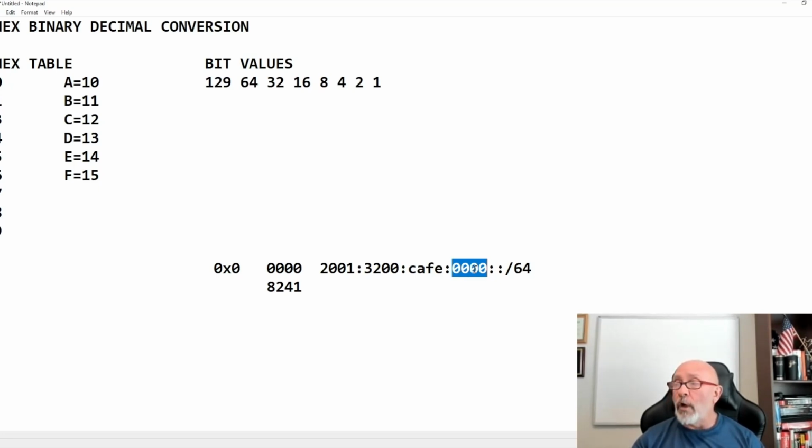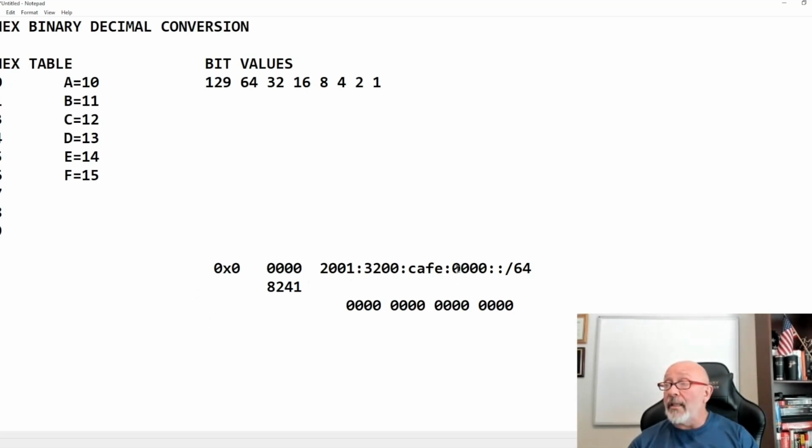Now these 4 zeros though, because we know that an IPv6 address is what? 128 bits. How do you get that? Because each one of these hex values is 4 bits long. So to understand what this means when you're subnetting in IPv6, these 4 zeros that you see right here really mean this: 1, 2, 3, 4, 1, 2, 3, 4, 1, 2, 3, 4, 1, 2, 3, 4.